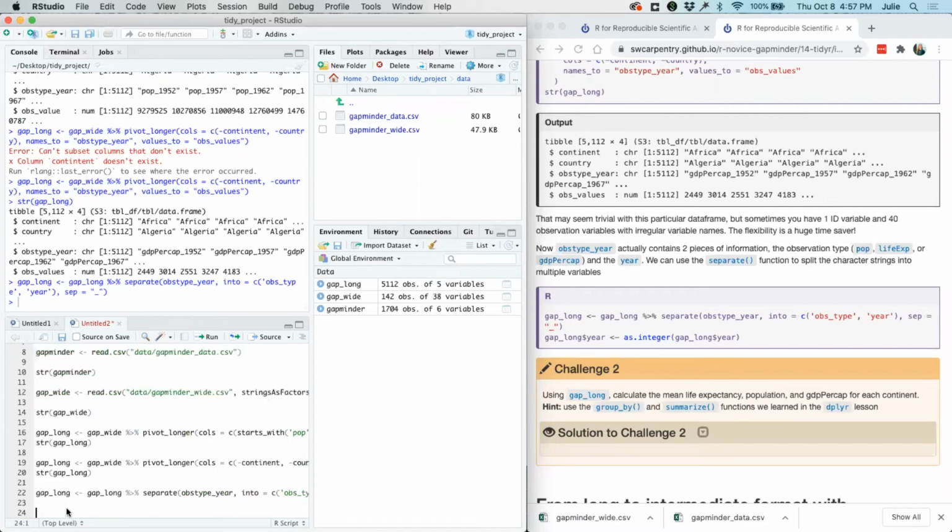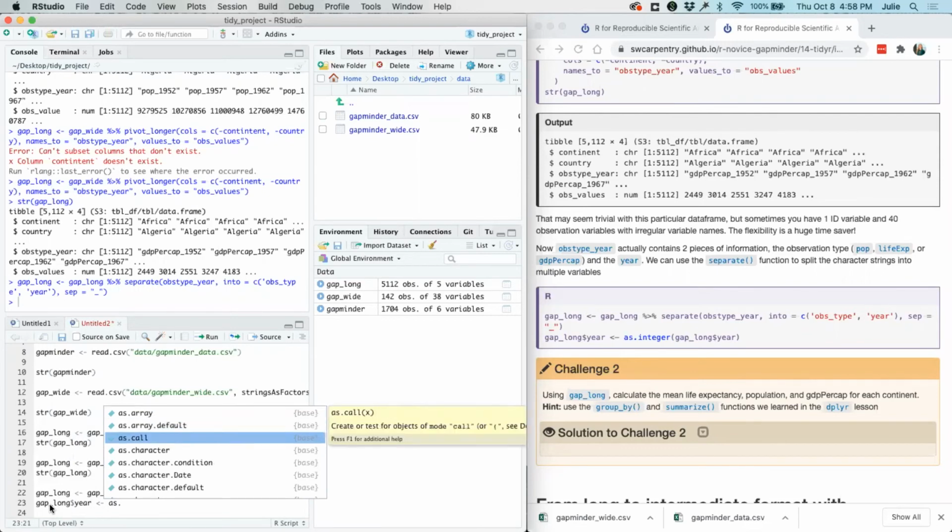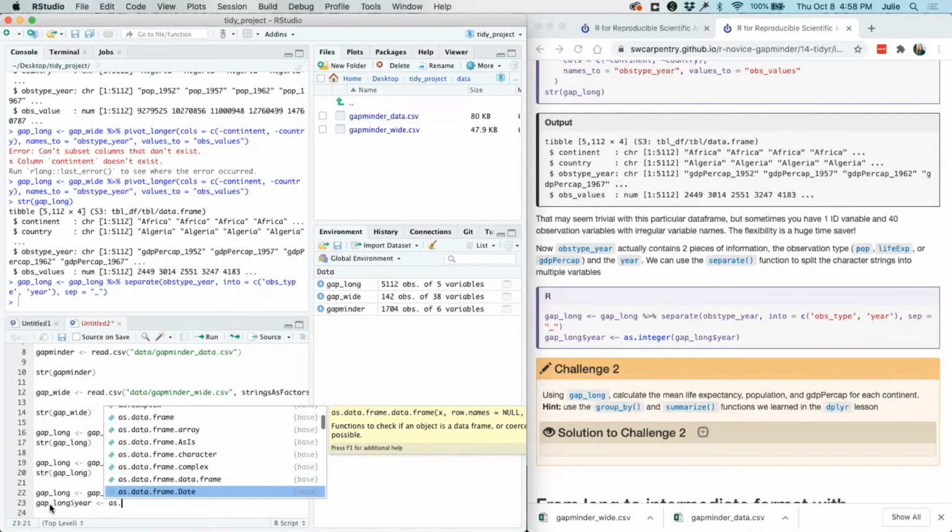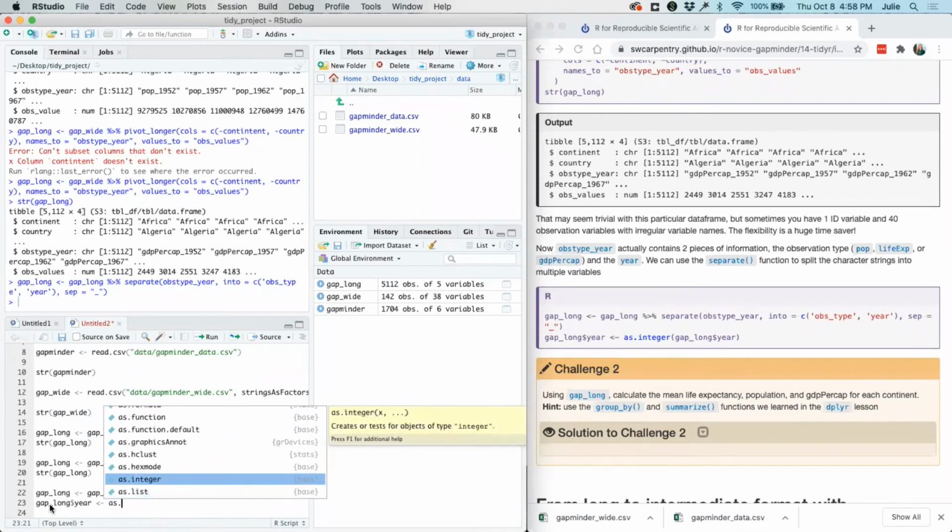And then we actually see that we've added a variable to our gap long, but we also want to make sure that that gap long year column is a number. So we need to make sure that that's an integer. So we'll take our gap long data and focus on the year column, and we can scroll through these to find out what all these different as functions do, all the way down to where we can find as integer.